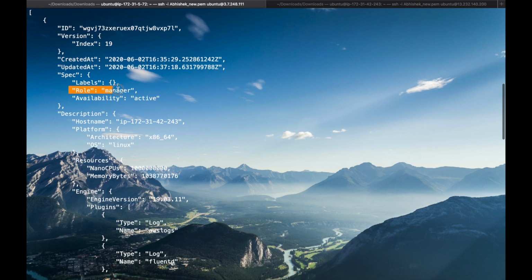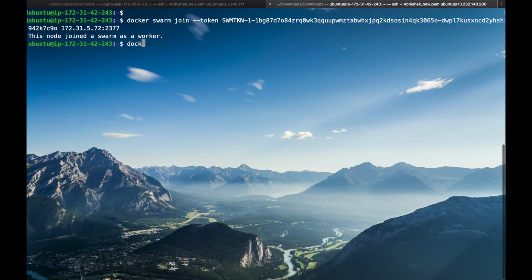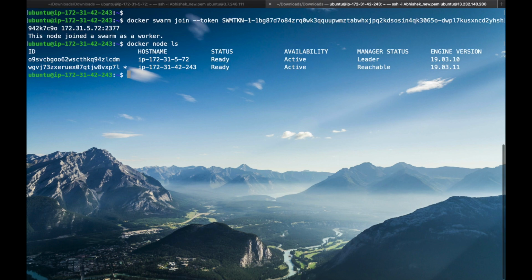We can see this node has become a manager, and here we can also execute the docker node command. Only a manager can execute the docker node command; a worker cannot execute this command. So this is the way we can promote a worker to manager.